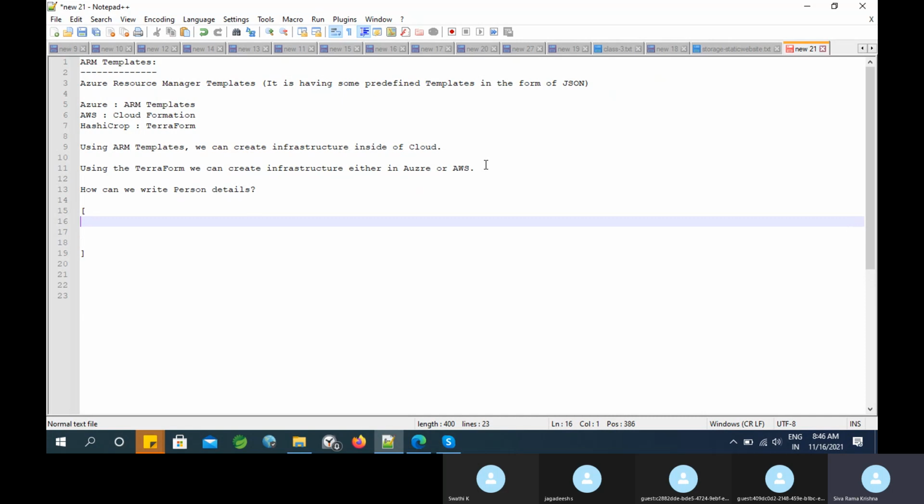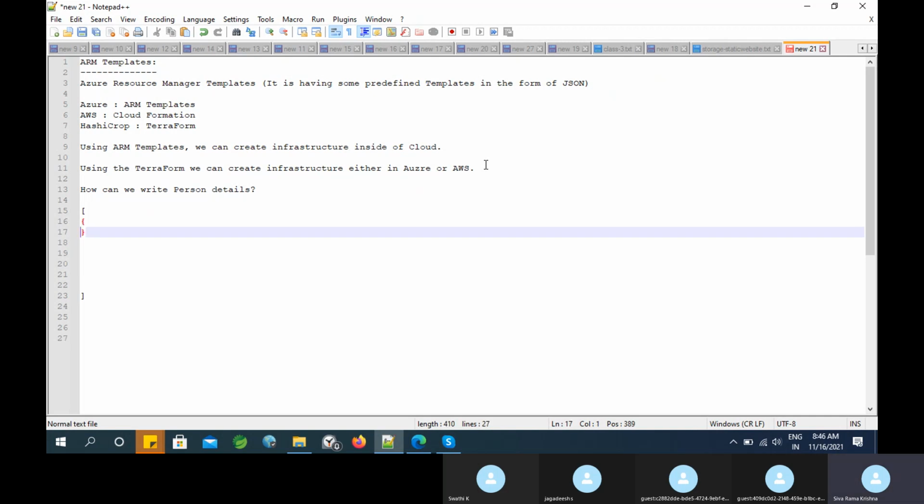This is an example, and it looks like JSON. We will see a real JSON file within 5 to 10 minutes. Let us assume I want to give information about different persons. Within the square brackets we have curly brackets. Here, maybe a name,